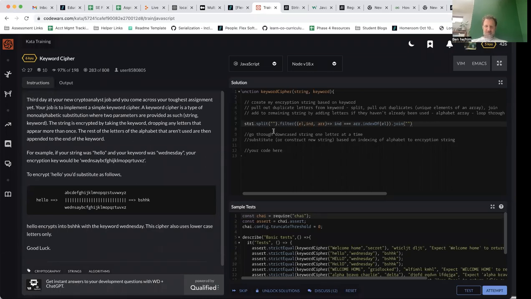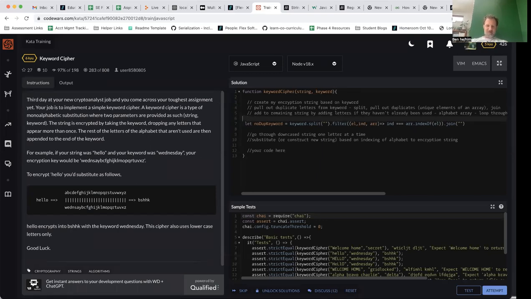So this is my keyword, and this gives me the no dupe keyword. Probably don't need it, but we could just chain it on. But anyways, yeah, I need an alphabet array. I wonder if I should just set let alpha equals a. This feels a little bit ridiculous, but